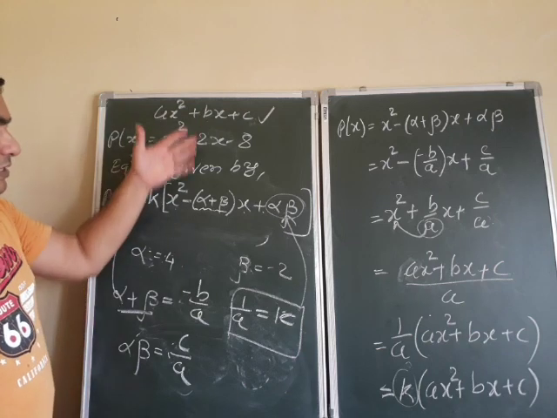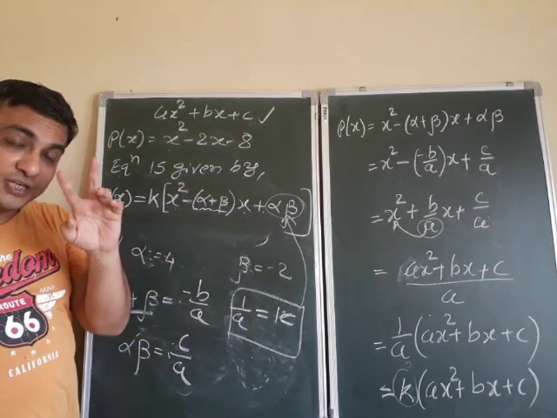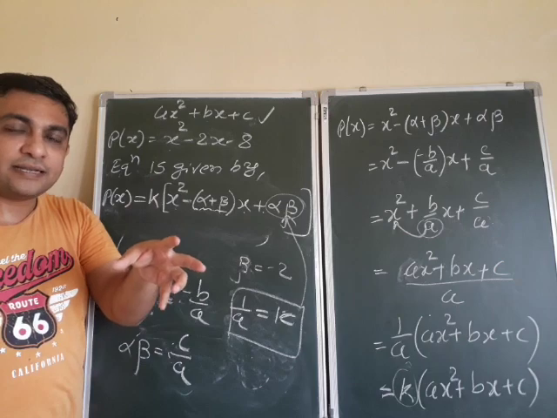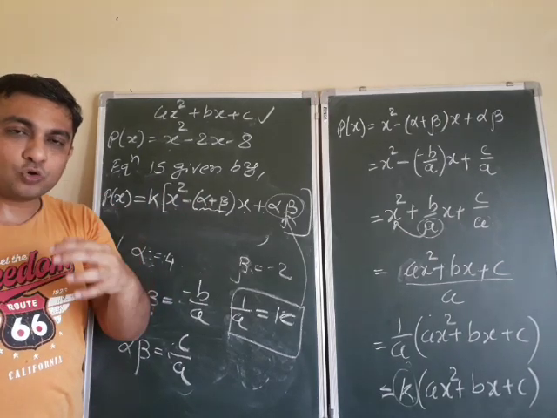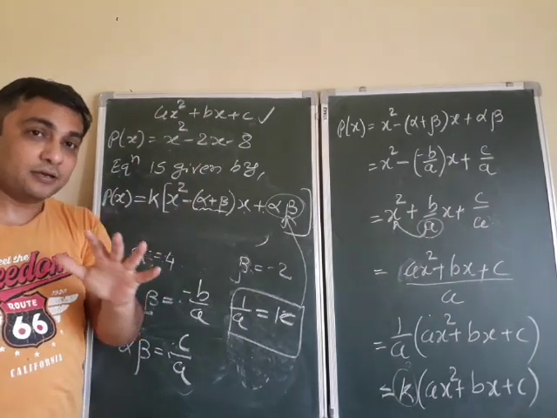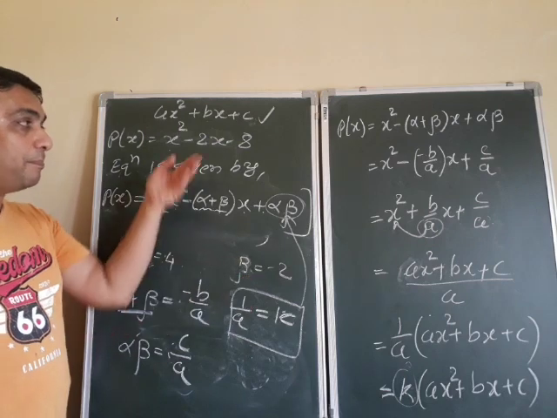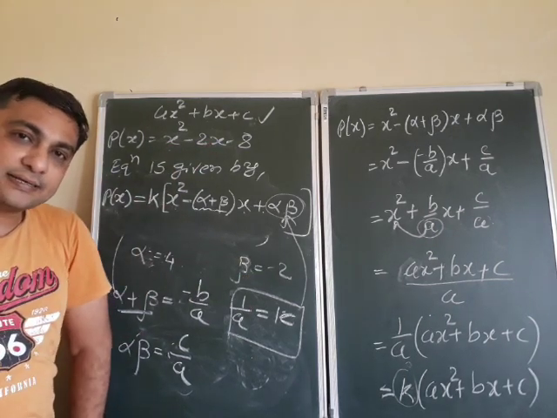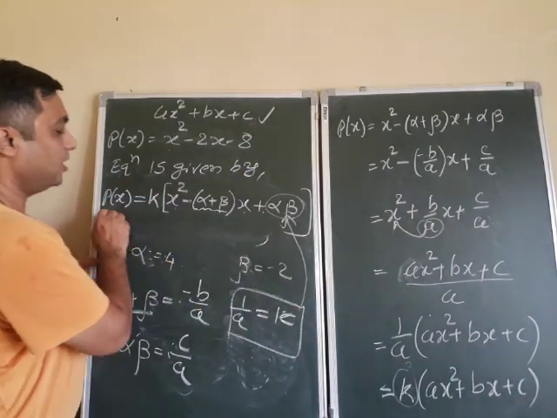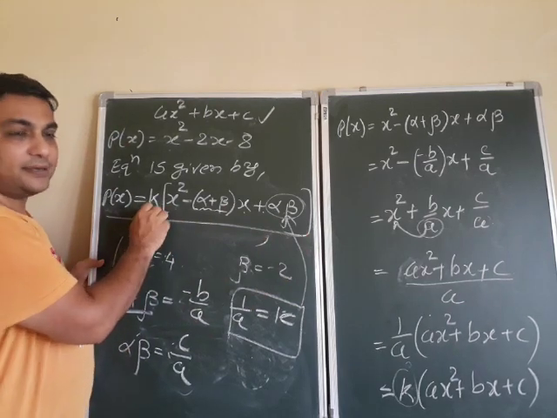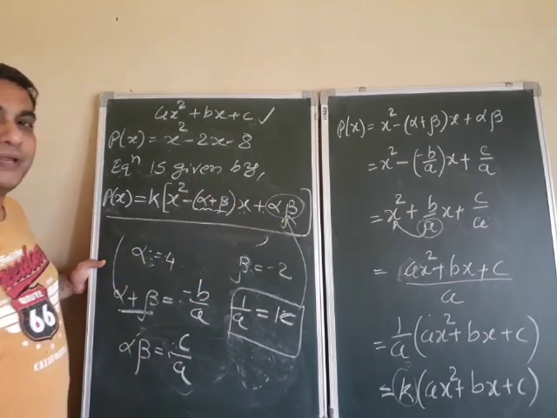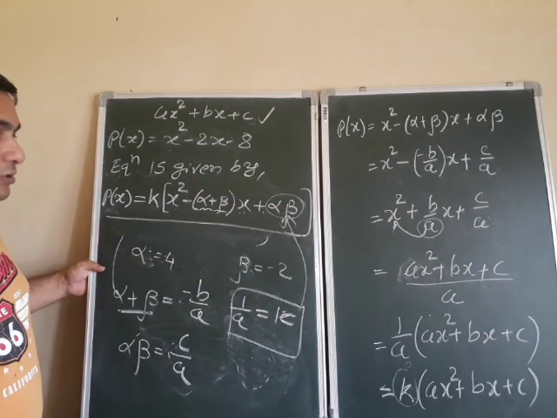Yes or no? So this is the theoretical background. In a previous lecture, the polynomial was given in quadratic form, and we were finding the roots, and comparing their relation with the coefficients of the polynomial. Here, roots are given, and we are getting back our polynomial. Is that clear? Followed or not? So this is the theoretical discussion. You just remember, polynomial p of x is equal to k in bracket x square minus alpha plus beta x plus alpha into beta. Is that followed or not? So this is the way.